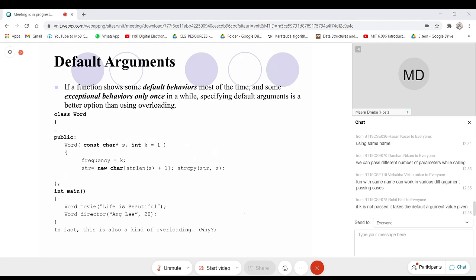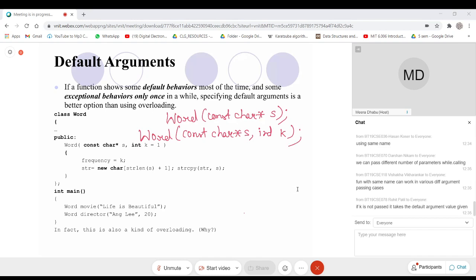I will just write down the signature of that constructor. Word(const char* s). This is one, and another is Word(const char* s, int k).